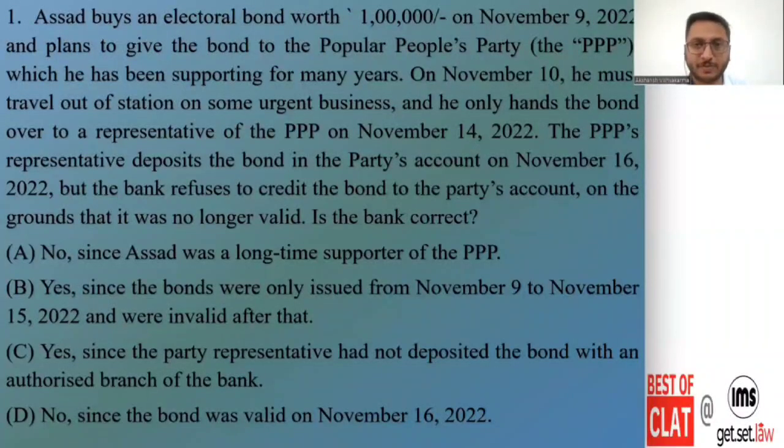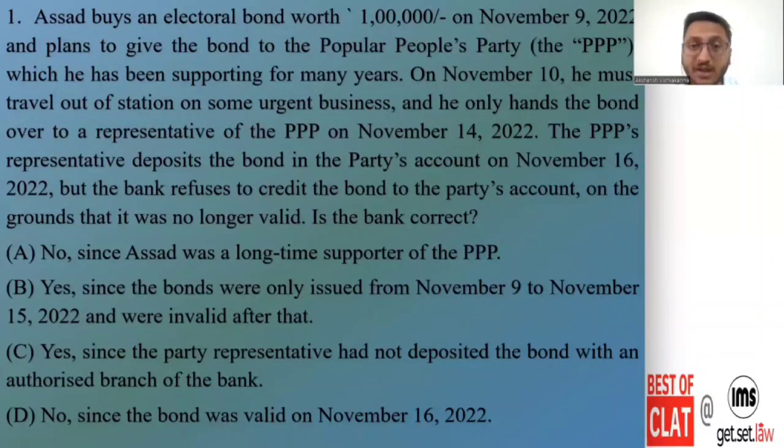So students, the first paragraph talks about Asad, who wants to give a bond to the PPP, that is Popular People's Party. He gave this bond to the representative of PPP on 14th November, as he bought it on November 10, and the Popular People's Party representative deposited the bond on November 16, but the bank refused. Was the bank right? Here, the correct option would be option D, no, since the bond was valid on November 16,